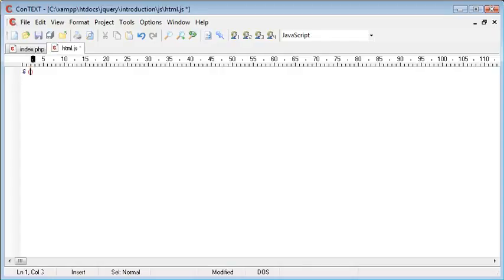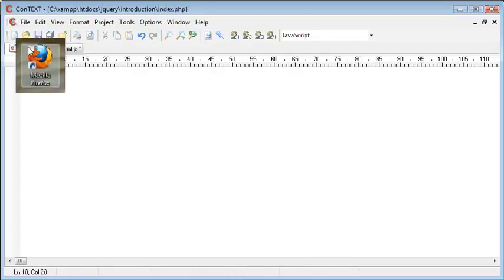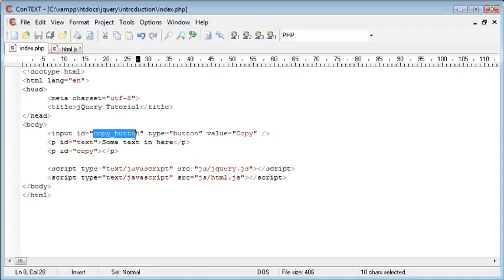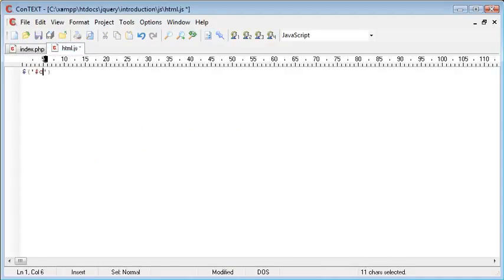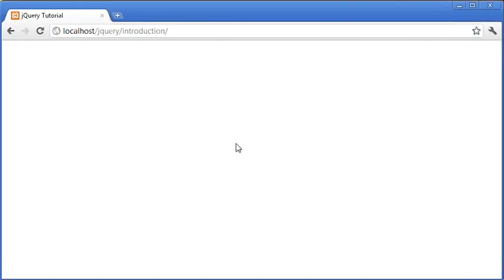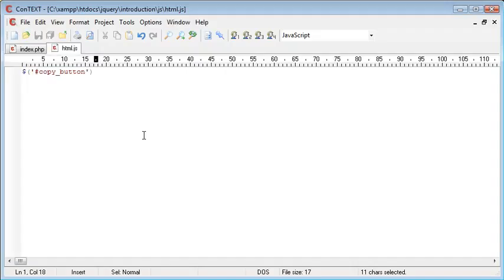So we use a $, and inside of this we need to reference what we want to check for an event, and this is copy button. It's our button on our page. So I'm just going to type copy underscore button. Now just in the meantime I'm going to come over to my browser and refresh to see what we have. We have this copy button, the paragraph here, and then there's another paragraph underneath that we'll be copying the text to. So copy button.click,